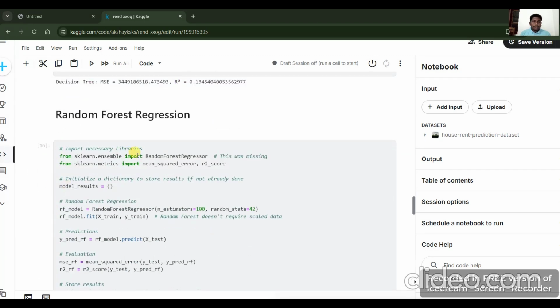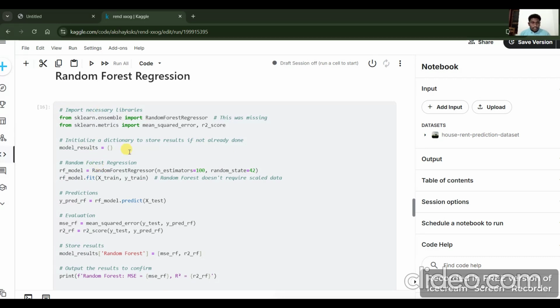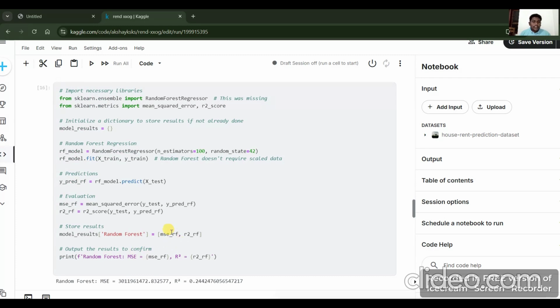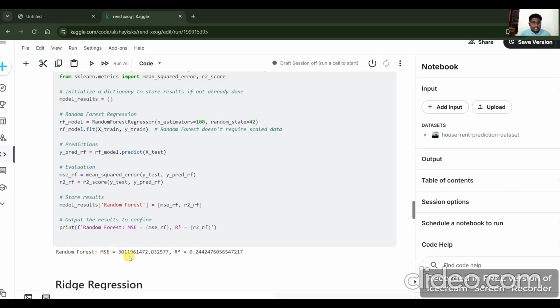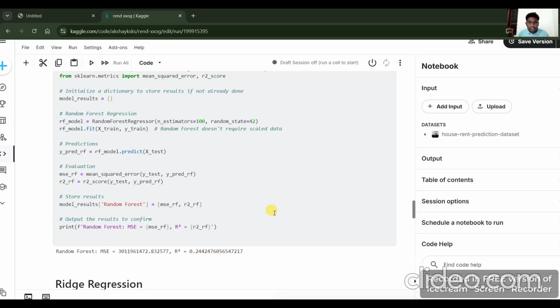Then next, random forest regression. Here we import the libraries also for random forest regression. We fit the train data, then predict the model, after evaluation y_test, then store the result: random forest regression MSE_RF and R square random forest regression. Then the output we get for MSE random forest regression is 3011 and 614 2.83 value, etc. Then R square for random forest regression is 0.2442